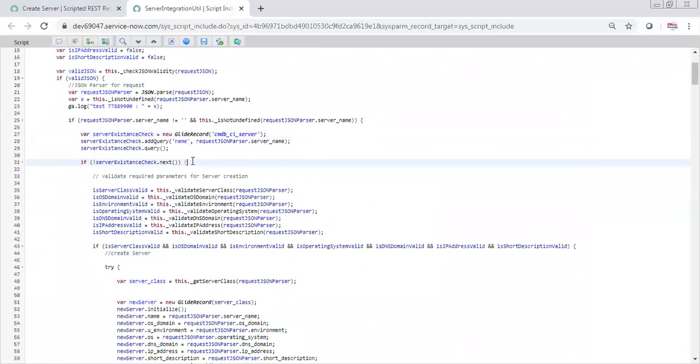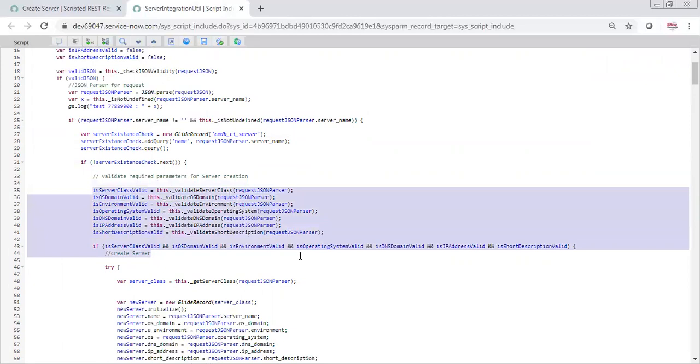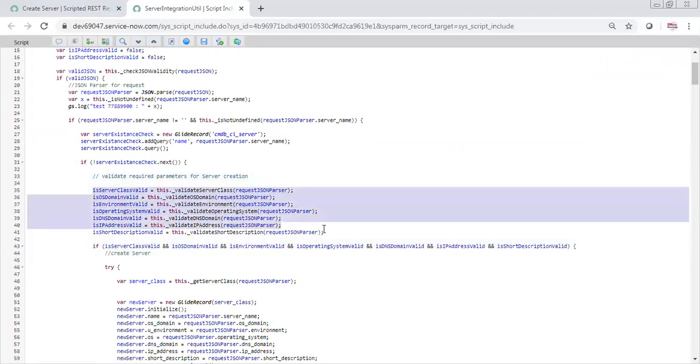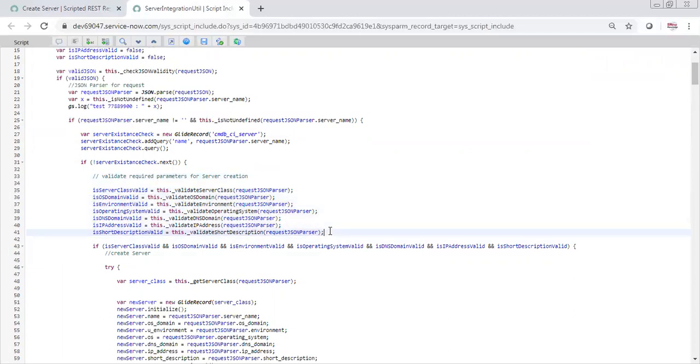If the server name is unique, which doesn't already exist in ServiceNow, then this code will go inside this loop. And it will start validating other parameters of the JSON. So we will validate the class, then we will validate domain and these things.